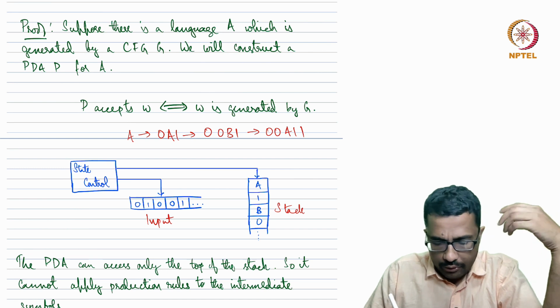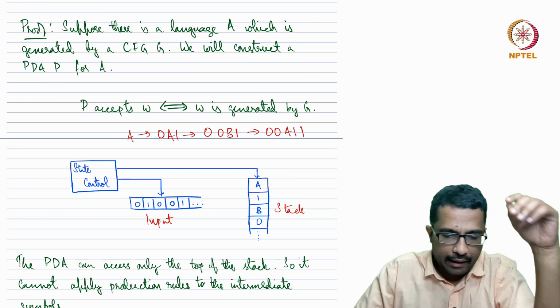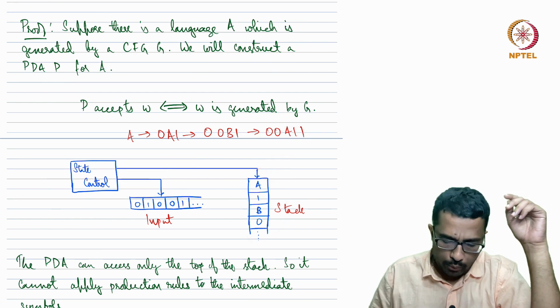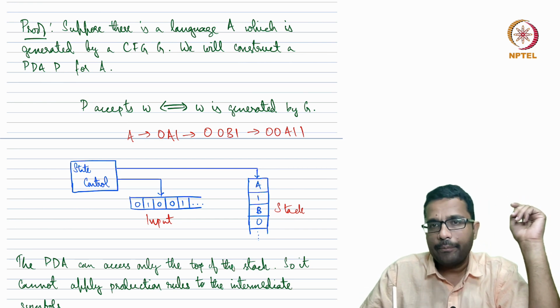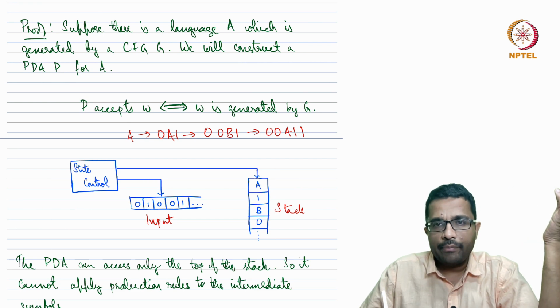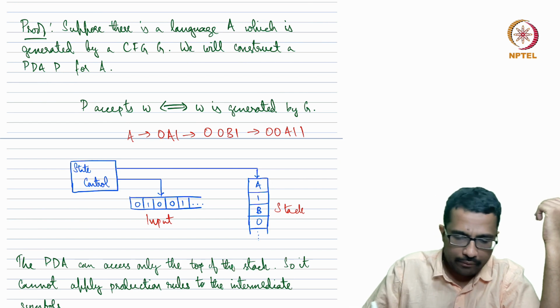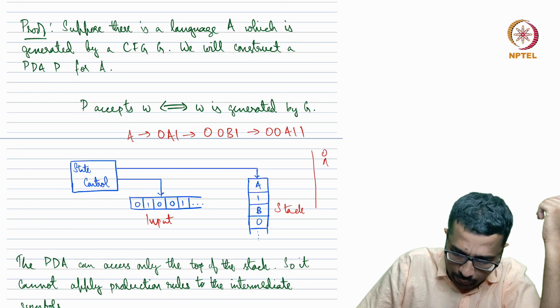So this is the process of generating a string from a grammar. Now, how do we emulate that using this PDA setup? One thing that springs to mind is that suppose you have A on the top of the stack. You want to replace A with some rule. Let's say A gives 0A1. So A has to be replaced by 0A1, followed by whatever is already there, 1B0 in the stack.